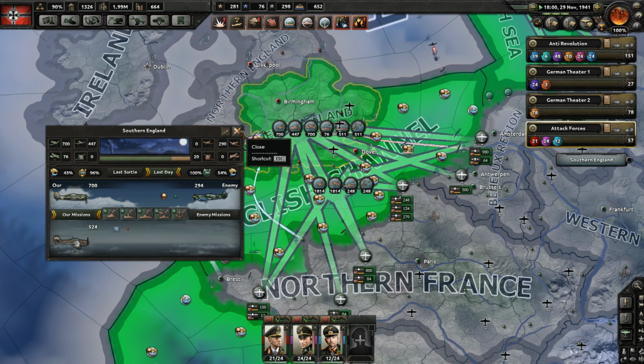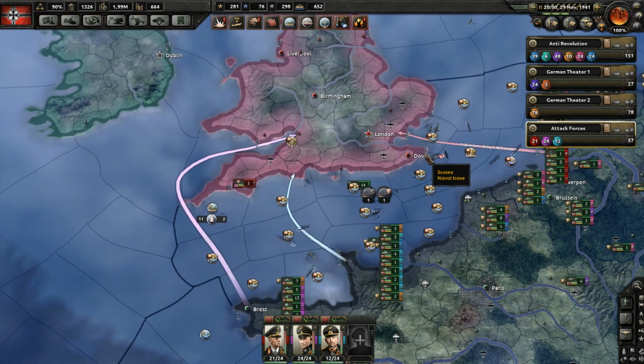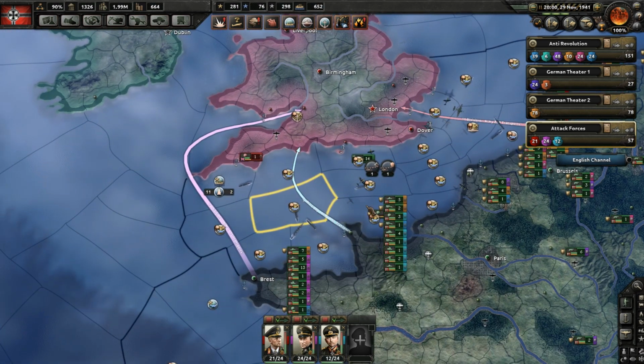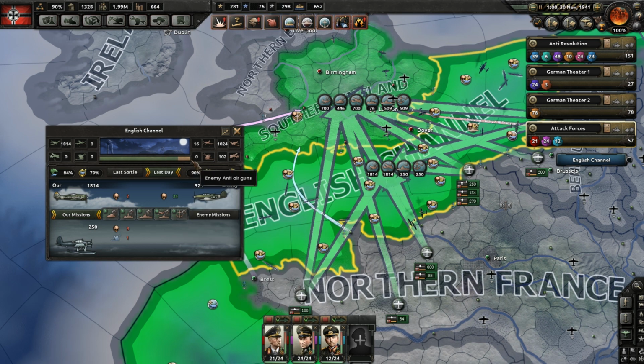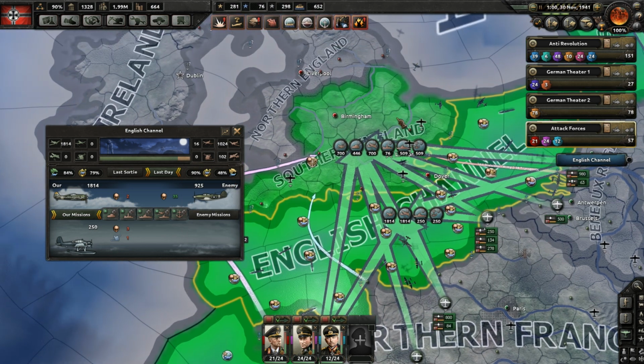Because we're going in against their ships in the ports, against their ground defences. It's a huge battle. So we've essentially controlled the English Channel. It's ours. We're battling for superiority. Well, we've gained superiority, but we're battling to maintain the air power right the way across